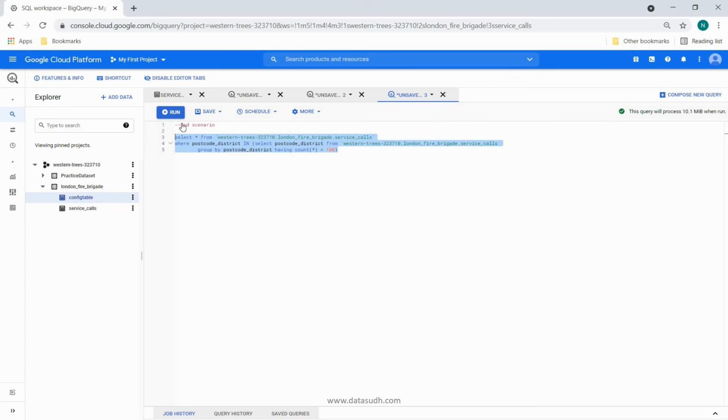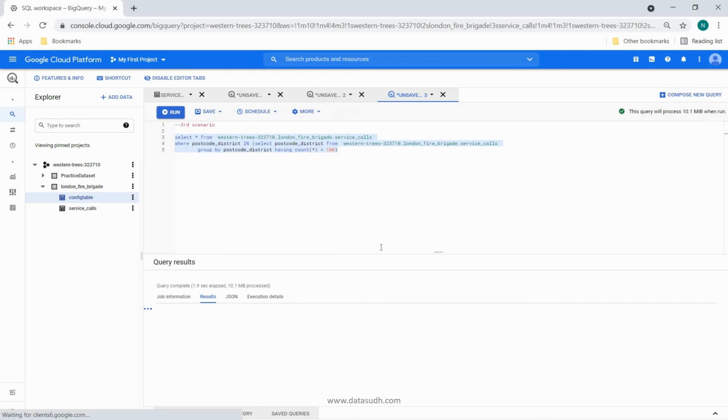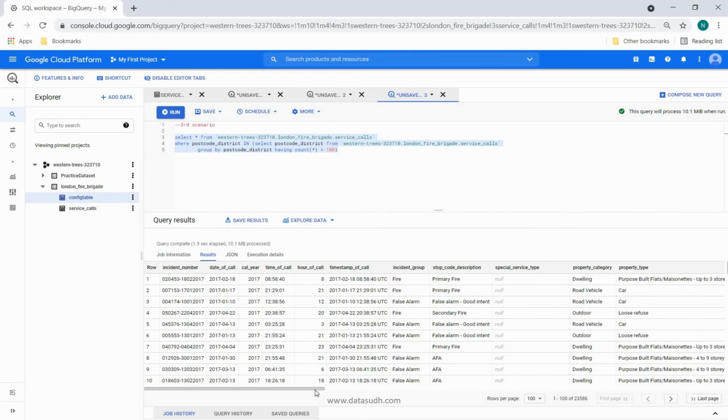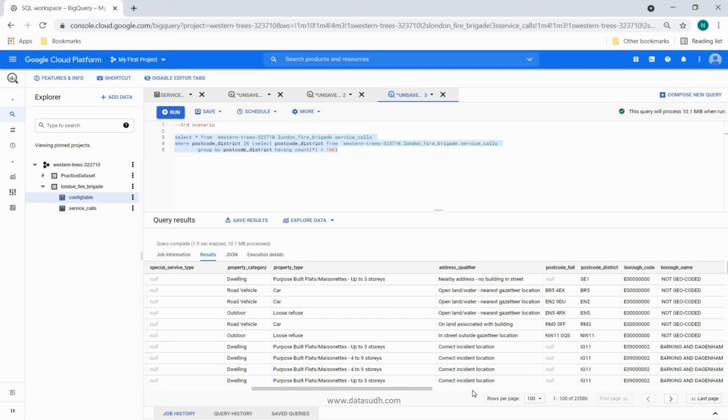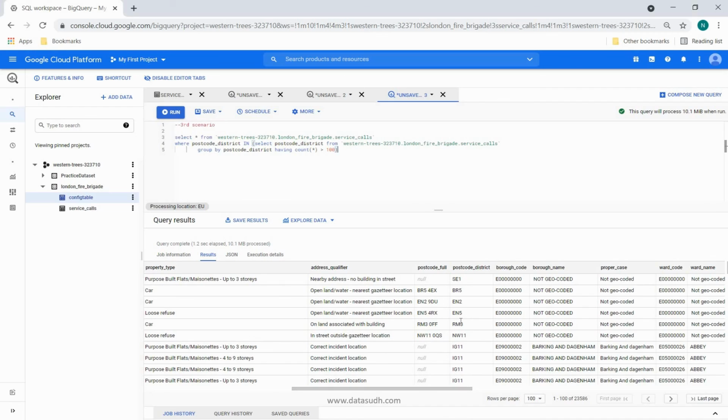So if I run this now, I am getting a total of 23k records, for different districts. So these are the districts for which, at this point in time, the total number of calls made is more than 100.